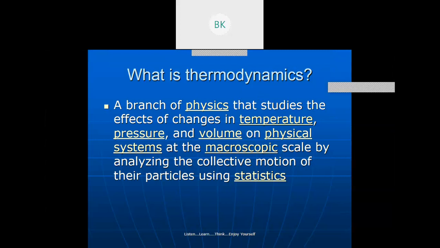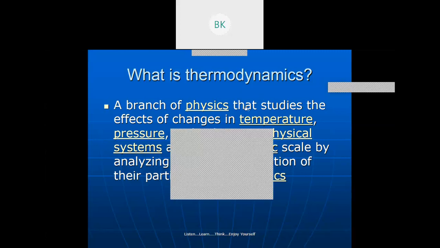So if you want to study the effect of these quantities, the effect of the temperature, the effect of the pressure, and the effect of the volume on any physical system, that is nothing but